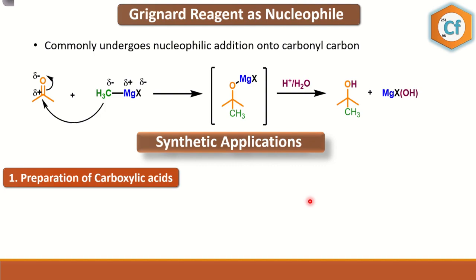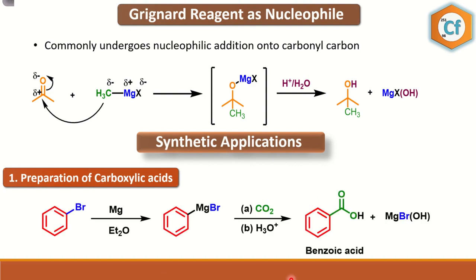So first of all, we'll do the preparation of carboxylic acid. Grignard reagents are super important reagents and they can be employed for the preparation of carboxylic acid. How? I'll let you know. So here I have taken phenyl bromide, bromobenzene, and when I treat it with magnesium in the presence of diethyl ether, diethyl ether is acting as a solvent here. Now the magnesium gets inserted into the sigma bond